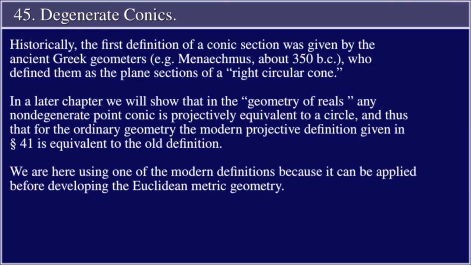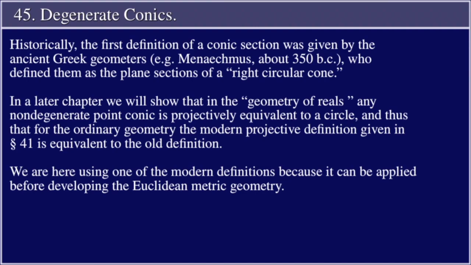Historically, the first definition of a conic section was given by the ancient Greek geometers, e.g. Menaechmus, around 350 BC, who defined them as the plane section of a right circular cone. In a later chapter, we will show that in the geometry of reals, any non-degenerate point conic is projectively equivalent to a circle, and thus that, for the ordinary geometry, the modern projective definition given in Section 41 is equivalent to the old definition. We are here using one of the modern definitions because it can be applied before developing